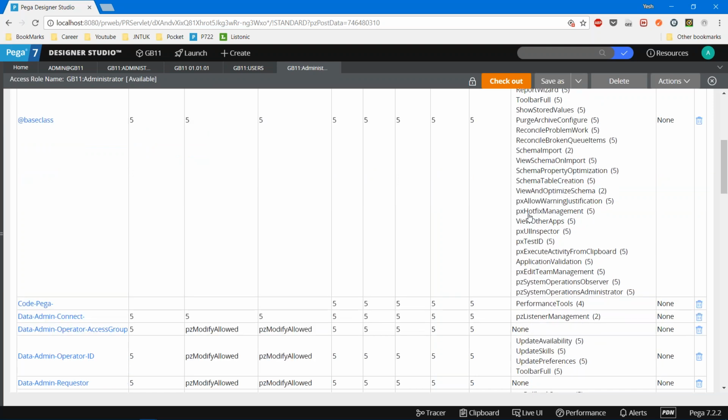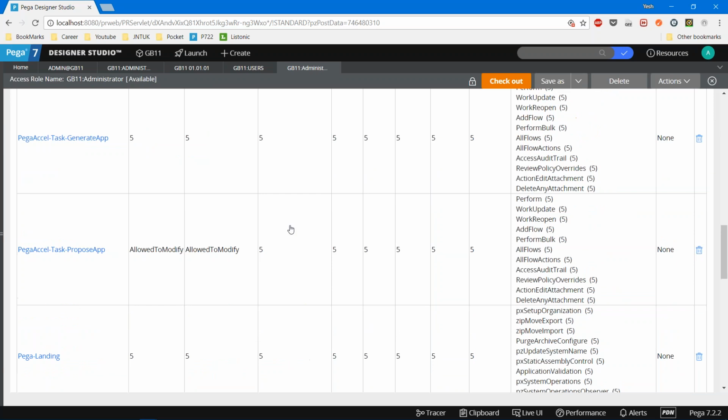Depending on the project, LSAs will do different customizations, saying that all the people having 0 to 4 years of experience should have level 4 access, and all the people having 5 to 8 years of experience should have level 5 access. It depends on the application and on the lead system architect.